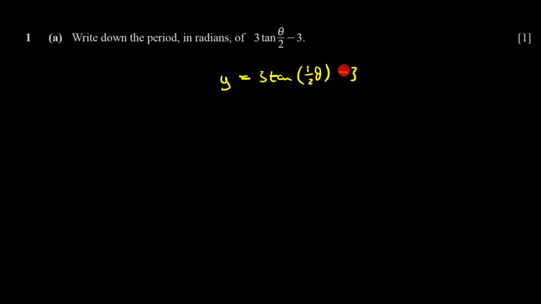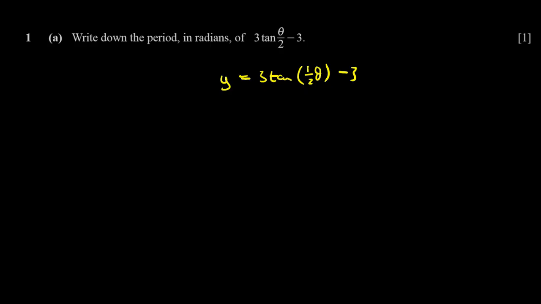Well, the A is usually the amplitude. Now, of course, with a tan graph, amplitude doesn't really exist in the same sense as for a sine and cosine, so we can kind of ignore that a little bit. This C here, negative 3, is the shift in the y direction, so that means the graph has been shifted down by 3. And then this B is the number of waves in 180 degrees or pi